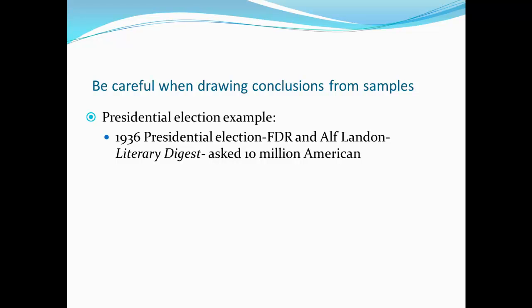But the people they sampled were essentially the more well-to-do people in the country: people that could still afford a magazine subscription, people that had automobiles, and people that had phones. Again, having automobiles and phones in that time period was kind of rare. If you didn't have the money, obviously, that wasn't something you were going to go for. So there are huge segments of the population they didn't include.